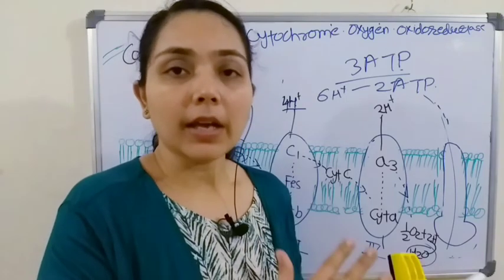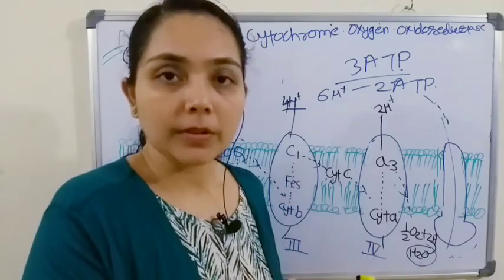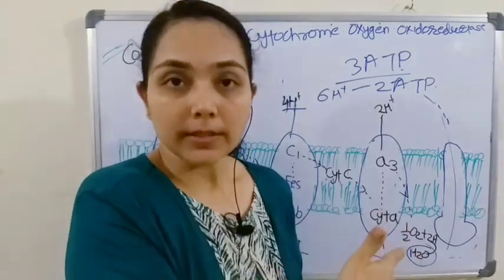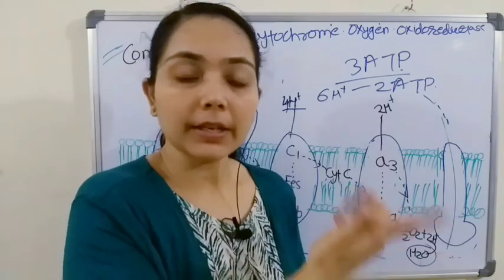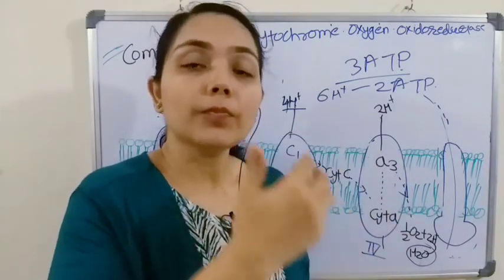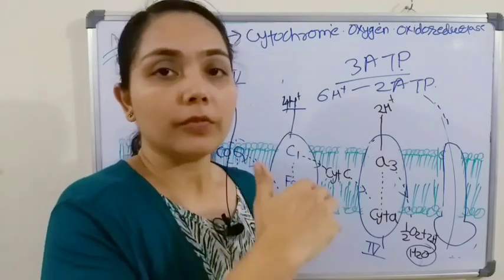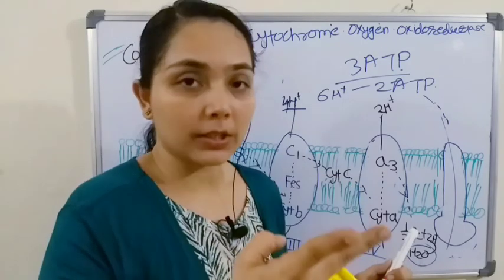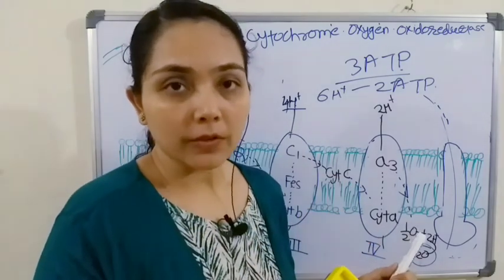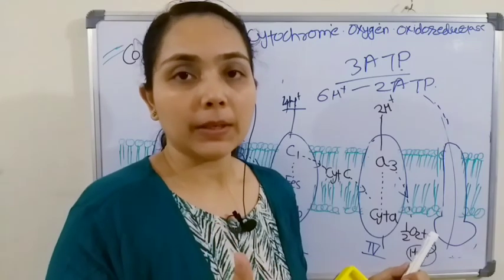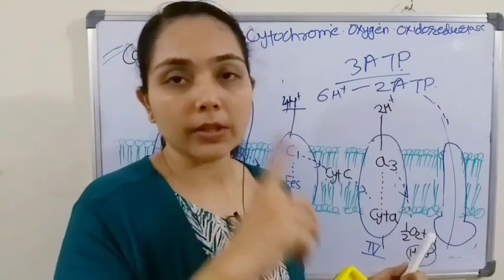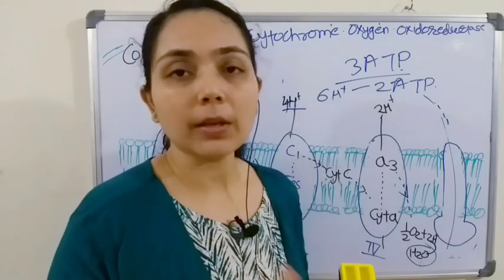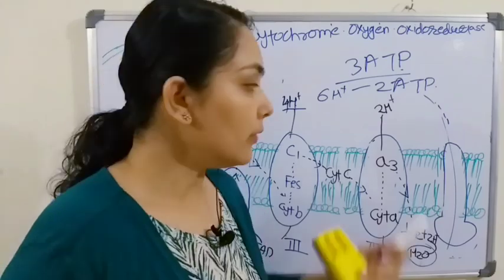The second thing: the NADH which is present here is in the matrix region, but we also get NADH in the cytosol, like in the glycolysis pathway. The electron from NADH present in the cytosol will be transferred here by 2 shuttle systems: the glycerol 3-phosphate shuttle system and the malate aspartate shuttle system. We will talk about that also in the next class. These 2 things, the Q cycle and the shuttle systems, are very important from the exam point of view, and then we will discuss ATP synthesis.